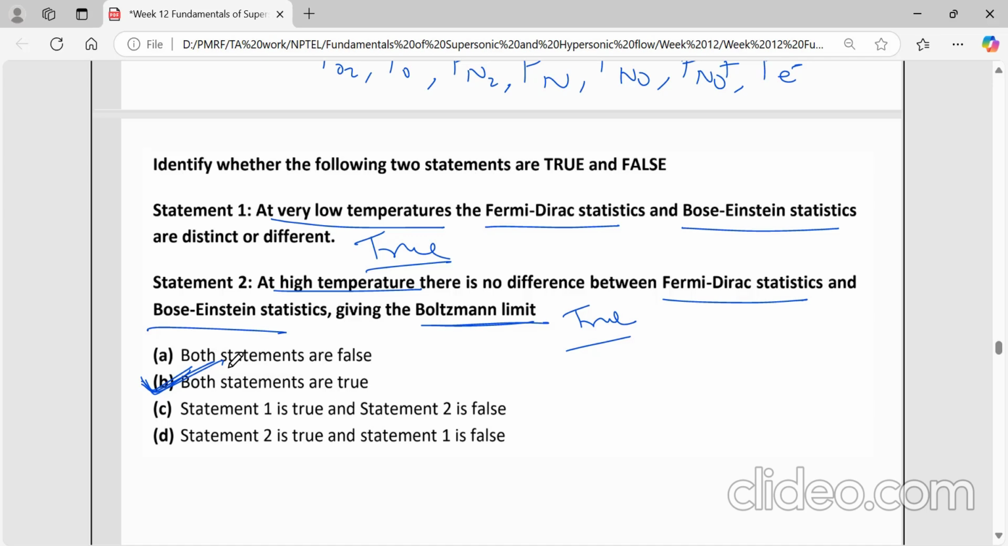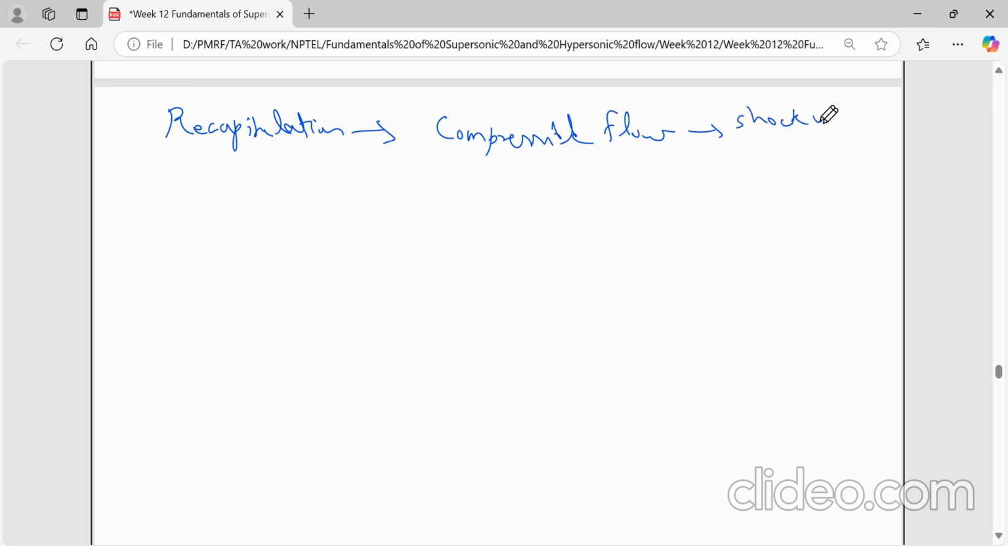So today we will see problems till here only. In this course, what we have studied is, you can say, a recapitulation of basic compressible flow in the beginning, which talks about shock wave, normal shock, oblique shock, expansion fan, nozzle flow,